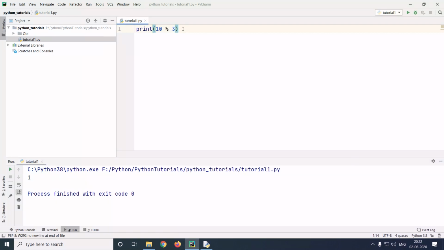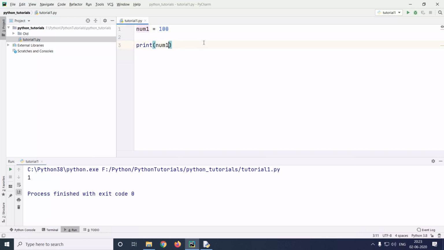Now that we have learned the basics of numbers, it's a good time to learn a bit about variables. A variable is used to store data. Data can be anything at all. Since in our case we are using numbers, we'll consider the data to be numbers. In order to create a variable, simply give a name to your variable. It can be any name as long as it does not start with a number. Let me choose a variable as num1. Use an equal to sign and assign a value to your variable. Here the value is a number, which is the number 100. Hence num1 is your variable and 100 is a value which you have assigned to this variable.